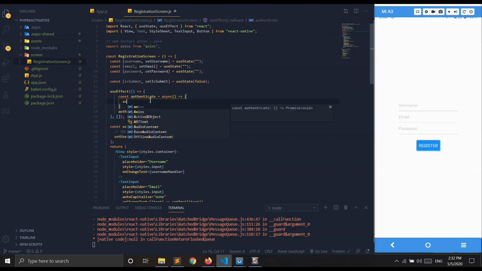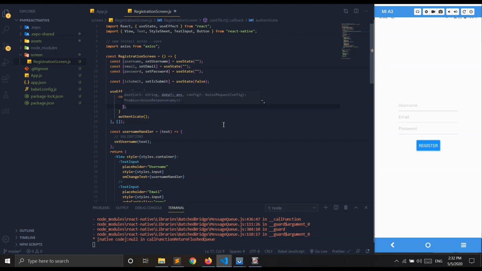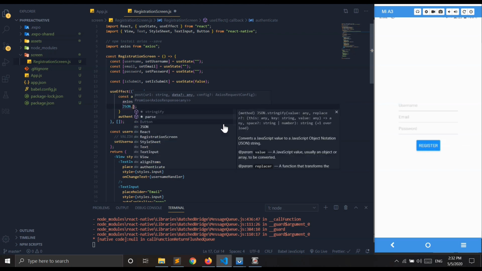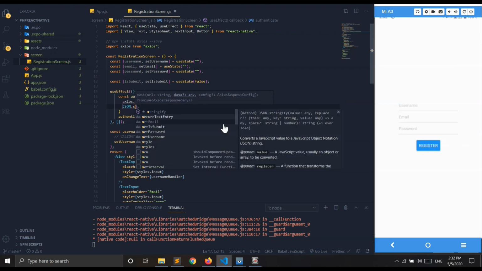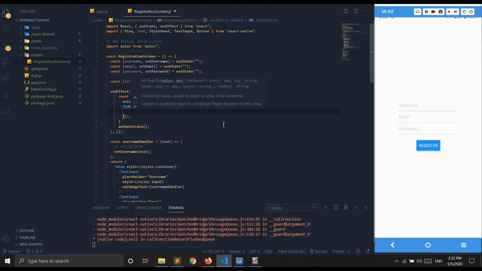So here Axios dot, you can see various methods: get, post, create, default, interceptor. I'll use post, and I'll copy my link. This is my link, and the second argument will be my data, JSON.stringify.